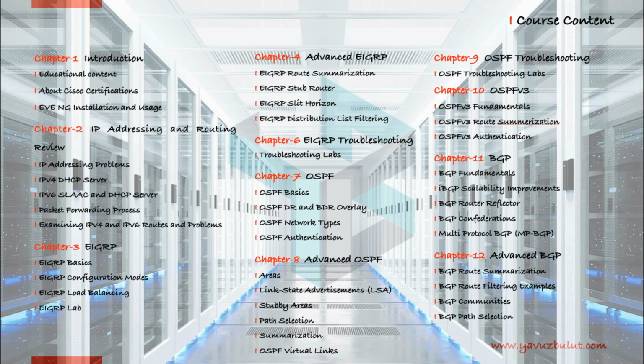In the third part, we will cover EIGRP topics. I will talk about the basics of EIGRP and configuration modes, and we will complete this section by covering EIGRP load balancing and EIGRP lab examples. In the fourth part, we will cover more advanced topics of EIGRP, such as route summarization, stub router, split horizon, distribution list filtering, etc. In the sixth part, we will do EIGRP troubleshooting labs,